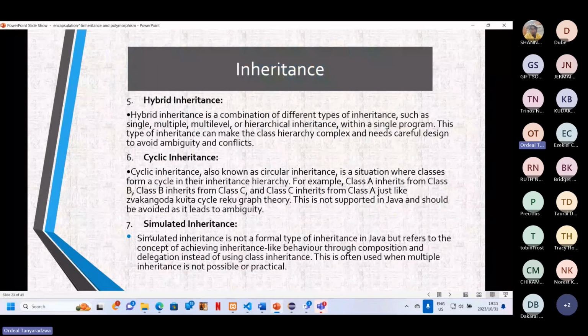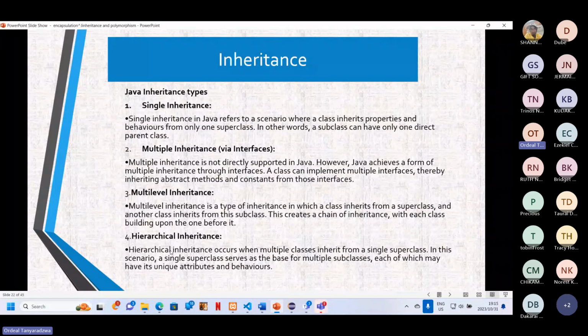Okay. So we also have hierarchical inheritance. This occurs when multiple classes inherit from a single superclass. In this scenario, a single superclass serves as the base for multiple subclasses, each of which may have its unique attributes and behaviors. I think this is one of the most common types of inheritance,